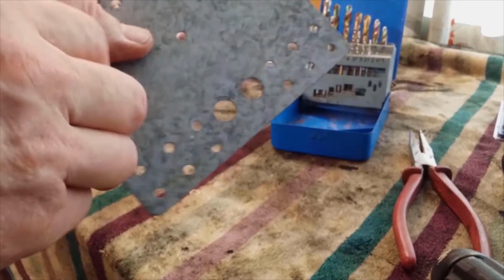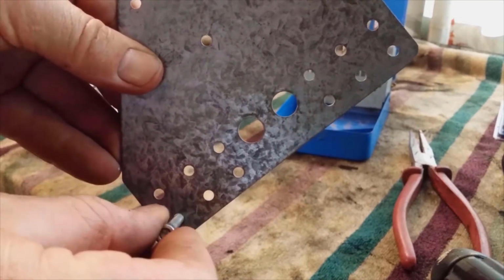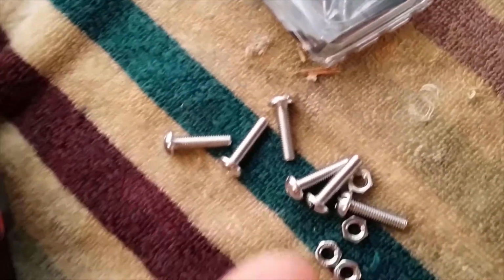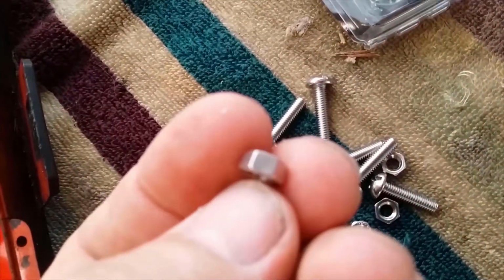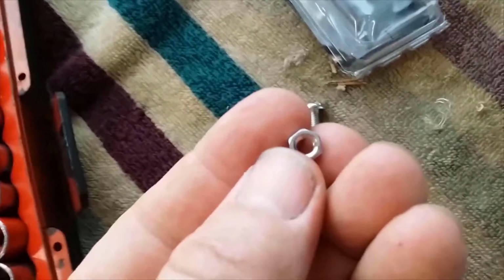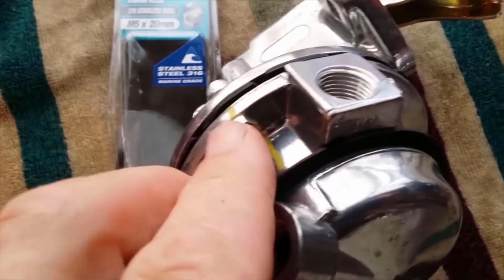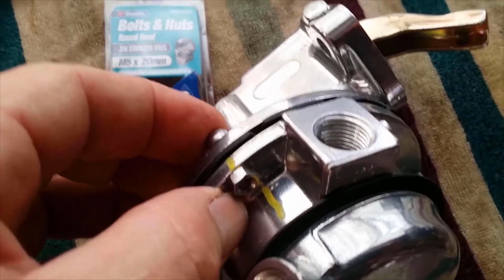I beg your pardon, it's a 5mm drill bit, and that's the right size. Okay, I've got this other type of nuts and bolts. I'm going to use this type of nut because it doesn't have a nylon lock washer on it. So hopefully it won't spin, and I'll be able to torque up the...